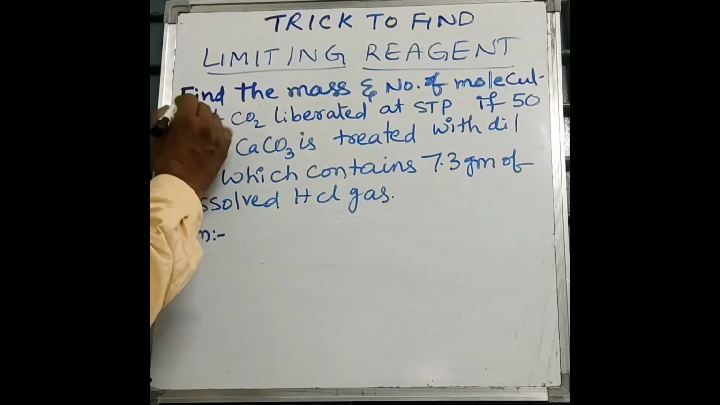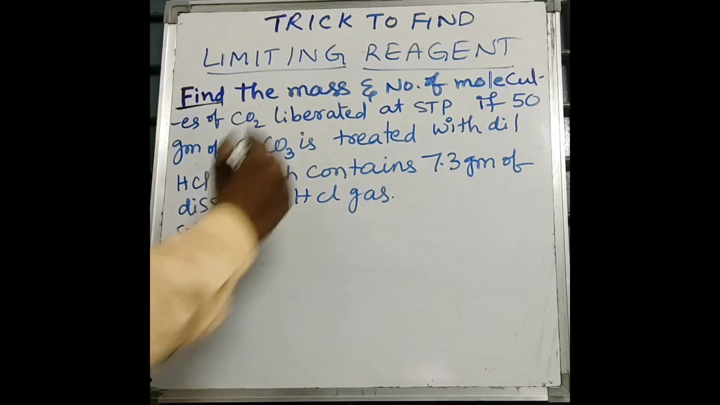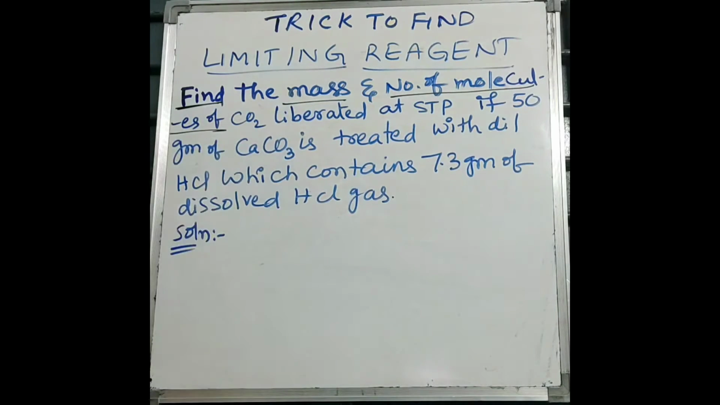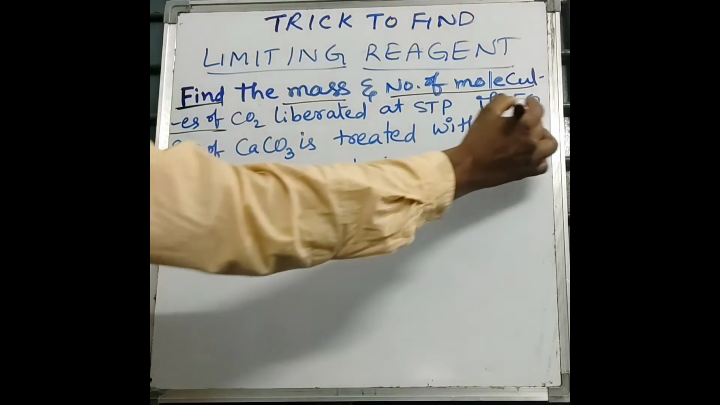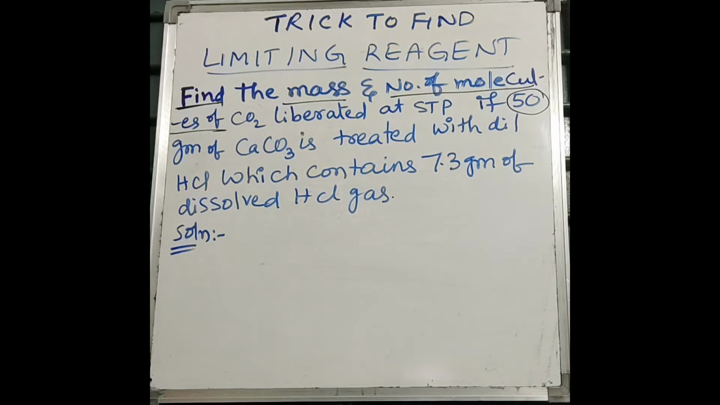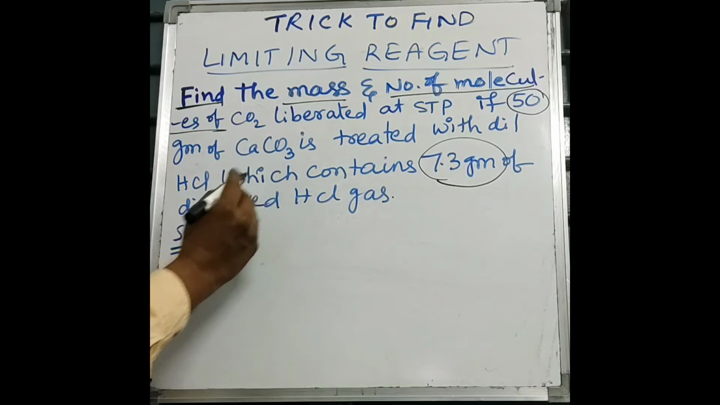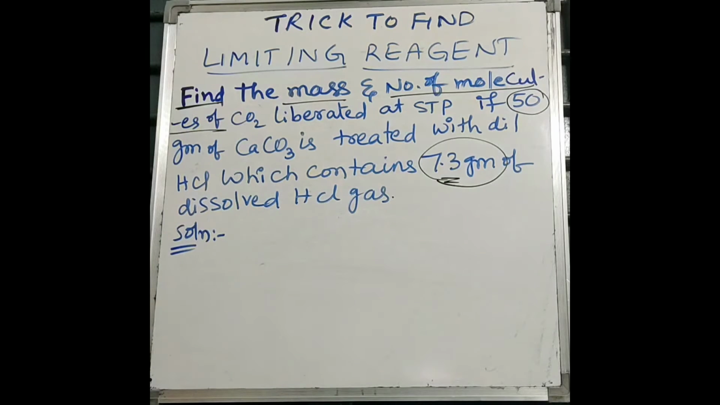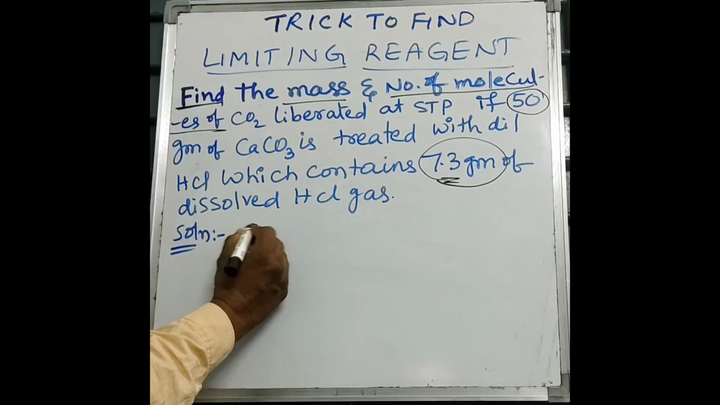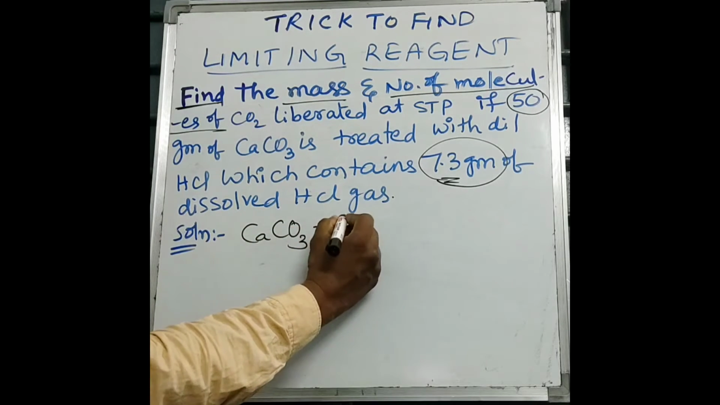In this problem, see students, he is asking to find the mass and number of molecules of CO2 liberated at STP if 50 grams of calcium carbonate is treated with dilute hydrochloric acid which contains 7.3 grams of dissolved HCl gas. So when we write the chemical equation for this, calcium carbonate reacts with hydrochloric acid